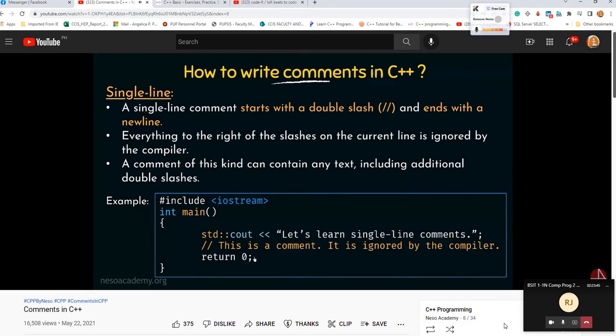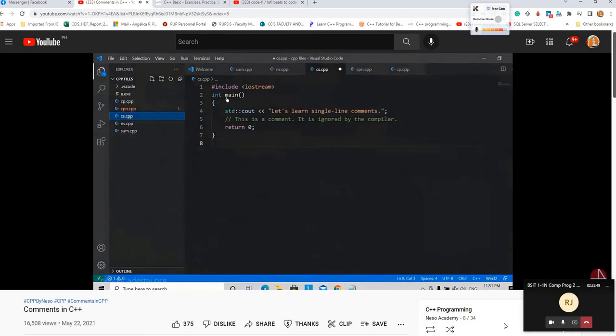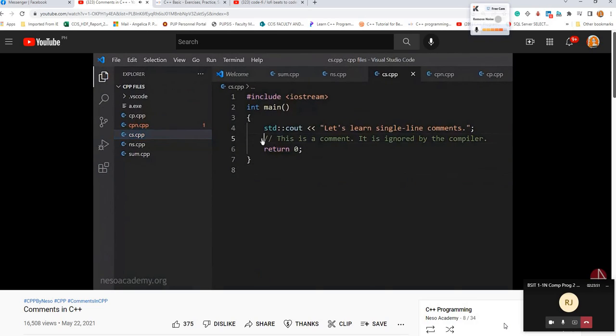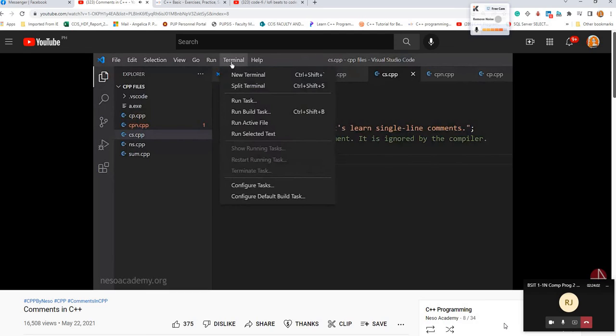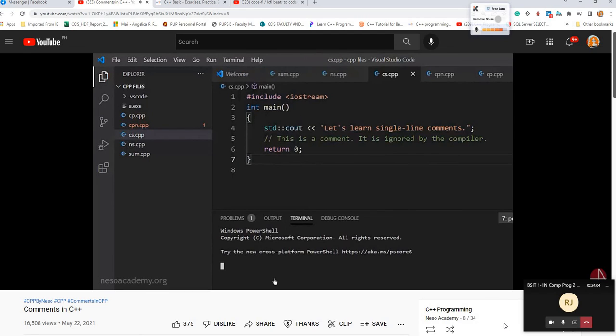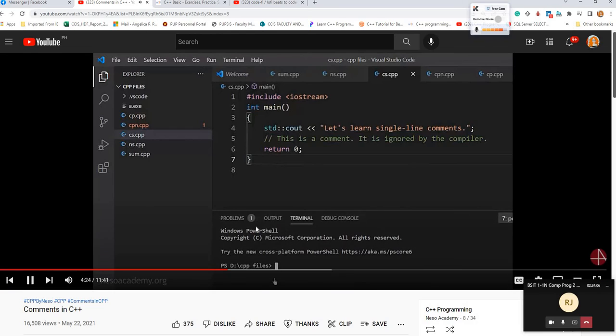So let's just verify that by running this program in our Visual Studio Code. Here is that particular program that we just saw. Here we see that this is the comment, this is the line that is commented out, and let's see if the compiler is going to actually ignore this or not. The name of my file is cs.cpp. So I'm going to the terminal, open a new terminal, and I'm going to compile this code. I have to type g++ and name of the